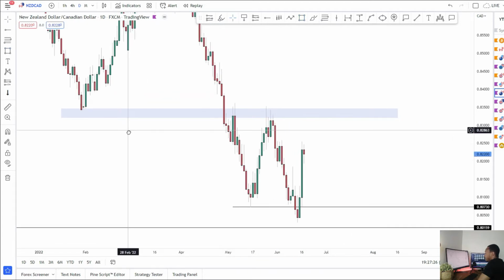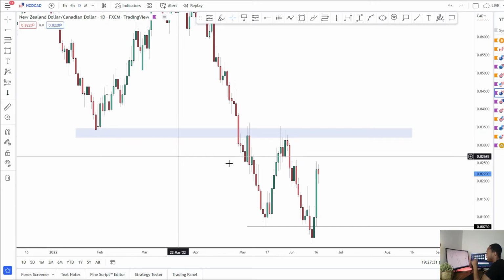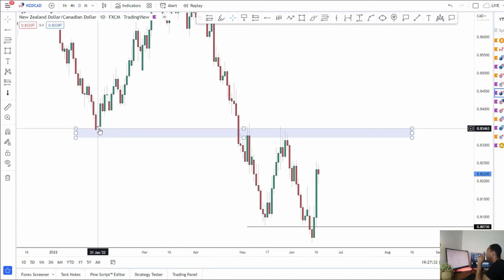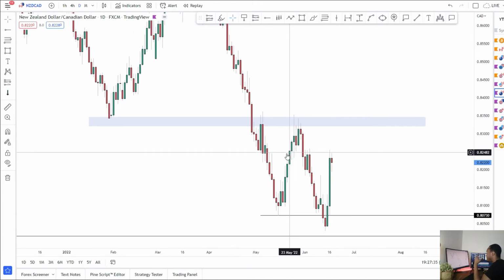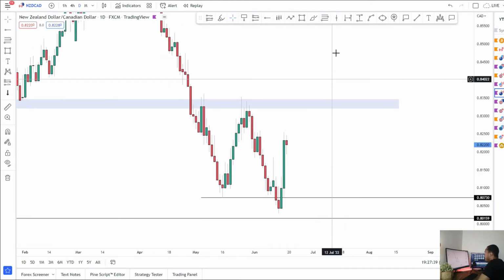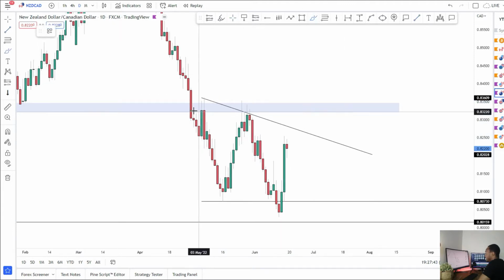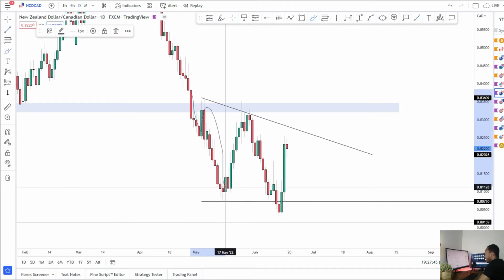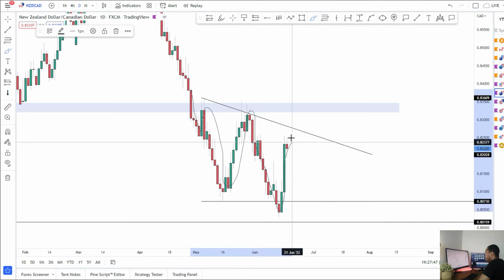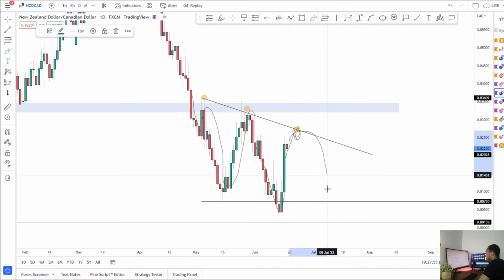So this was the level that we had a break and retest a couple of weeks ago. Really key level of support resistance, and theoretically, as long as we stay below that, I'm still expecting us to roll over. The market's kind of moving in waves now. You can see the market came, retested, fell over, retested, fell over. So I'm looking at a third lower high in reference to these highs here. 1, 2, I'm looking at a third one for the next roll over to the downside for NZD CAD,